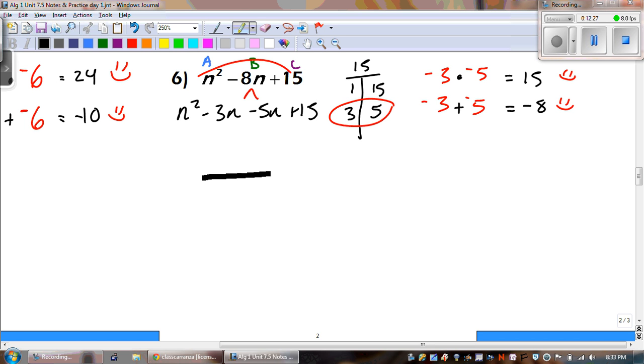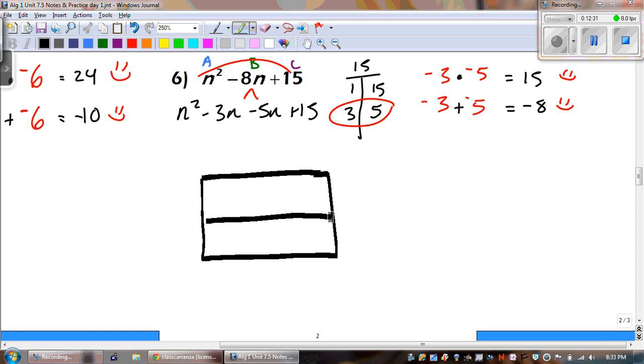And once again, I'm going to use the box method to do this one. If you don't like the box method, do the split the middle term like we were doing in the previous one. You don't have to do the same method I do. I just want to make sure everybody has a chance to try one that they like. Okay? So,